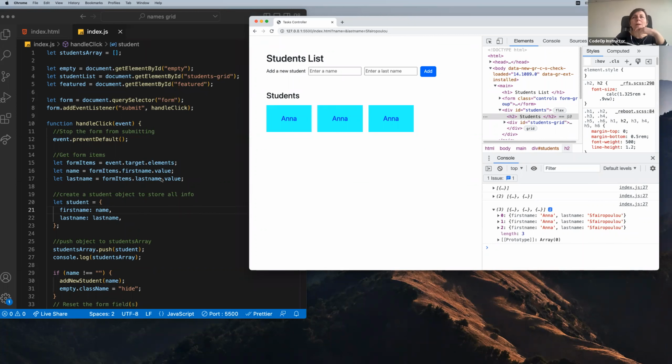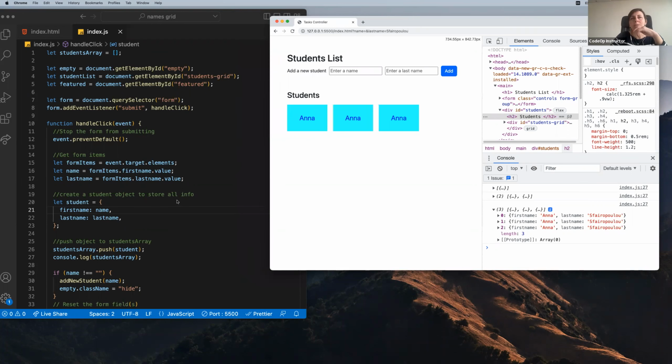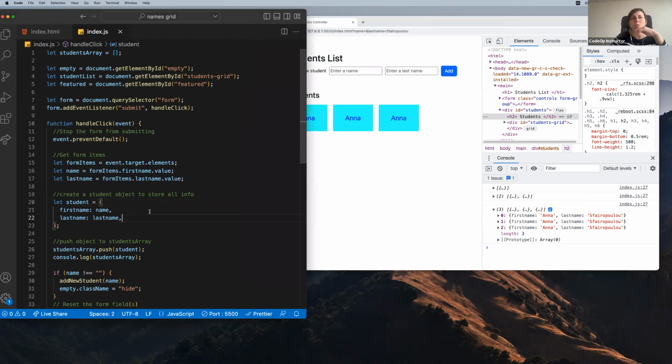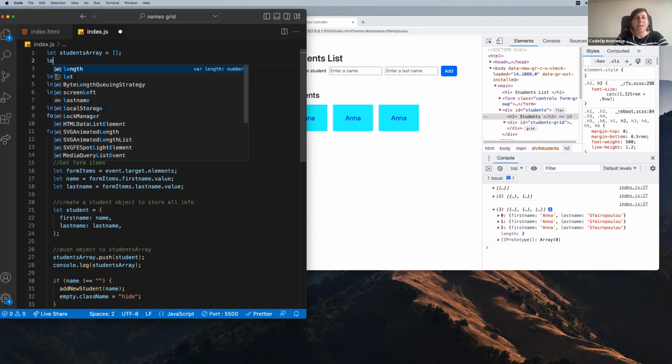Okay, so normally when we store these items somewhere, like in an object, we also have some ID, some unique identifier. So if I wanted to create the student objects, I would need to add some ID that would increase like a counter. Every time I add a new student, a new ID will be created and each student will have its own unique ID. So in order to do that, apart from initiating the students array, let's say